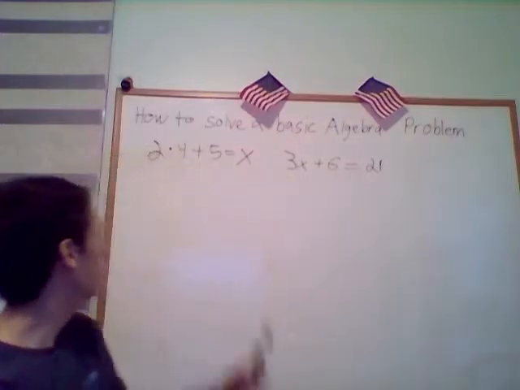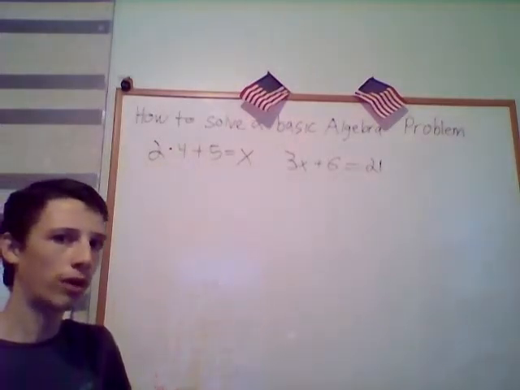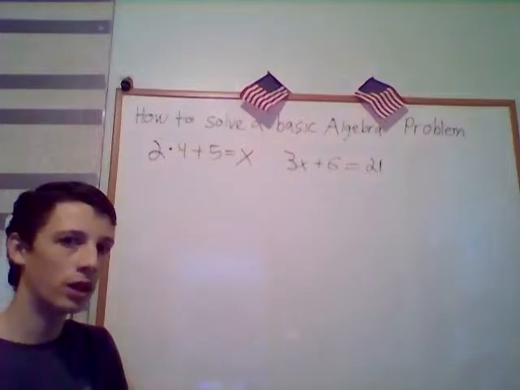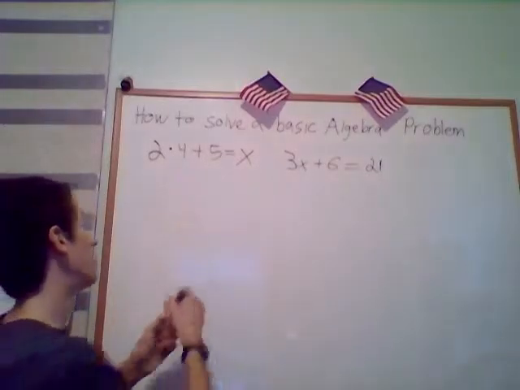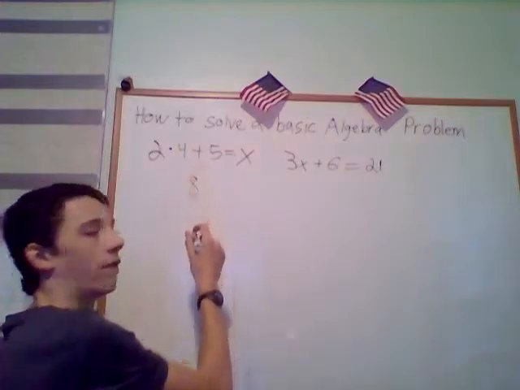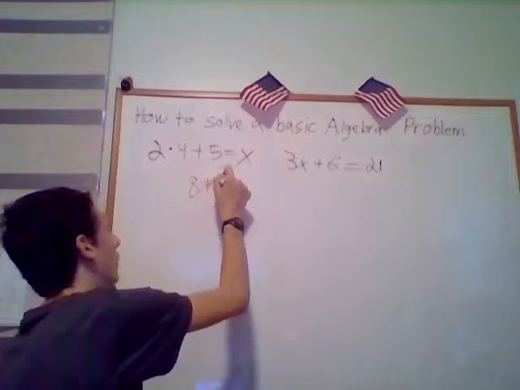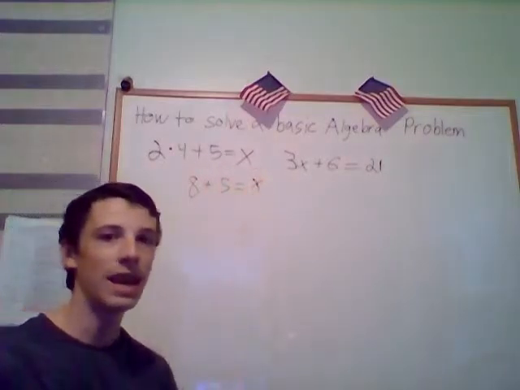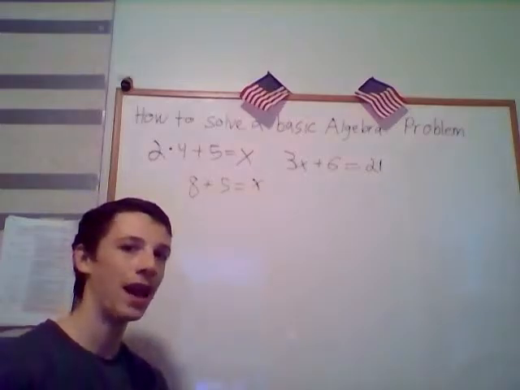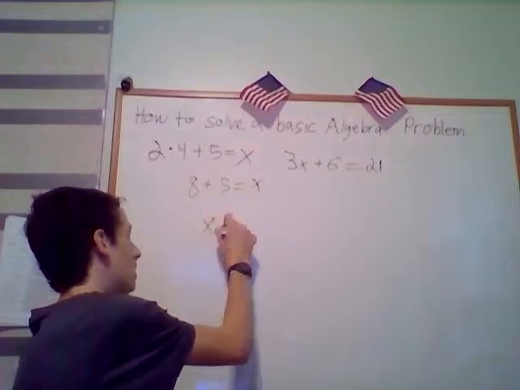So let's start with this first equation here. 2 times 4 plus 5 equals x. Remembering our order of operations, we'll multiply first. So 2 times 4 equals 8. Write that down. And then next thing we need to do is add 5. Then that equals x. So basically, 8 plus 5 equals x. And when you add 8 plus 5, you get 13. So your answer is x equals